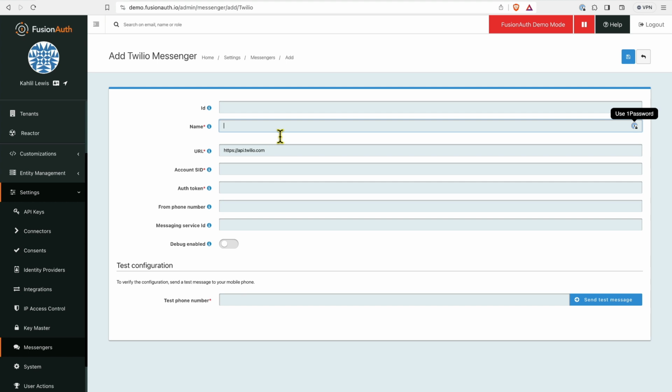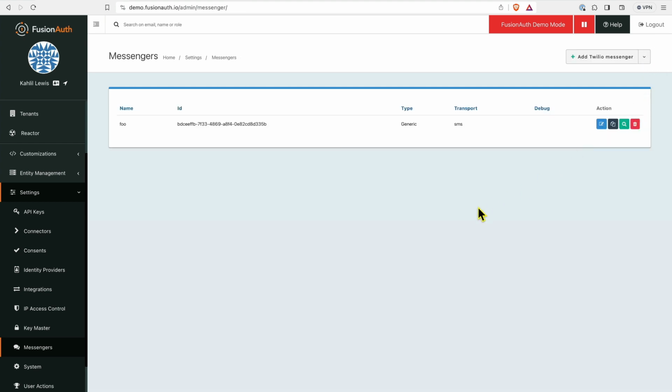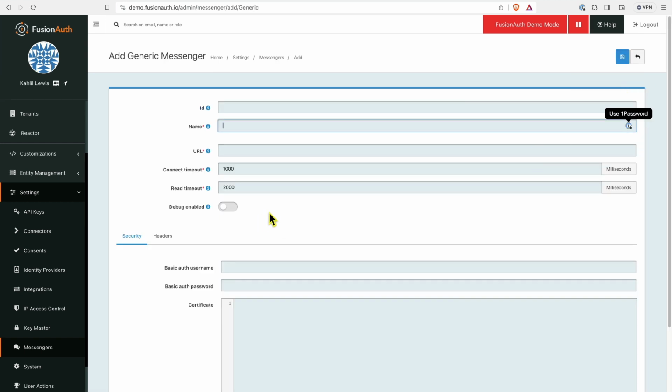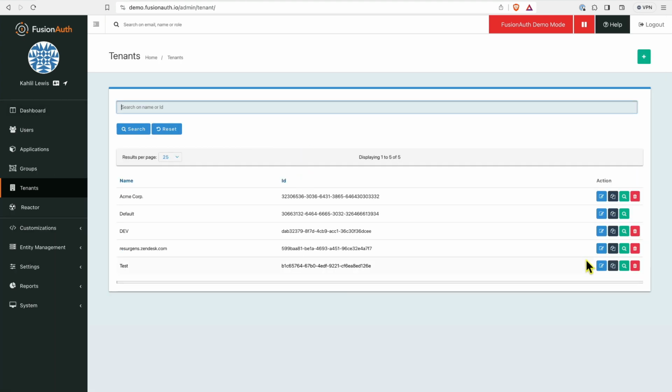If not, please refer to our documentation. But essentially, you would grab the account SID and auth token from Twilio, and that way you would have that configured, and you can name this whatever you wish. Additionally, if you have a different SMS provider that is not supported by Twilio, you could also set up what's called a generic messenger. So if you need more guidance on that, please refer to our documentation on how to do so. So if we go back to our tenant configuration,